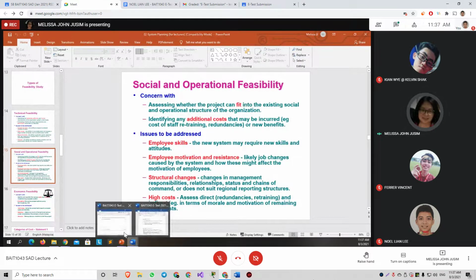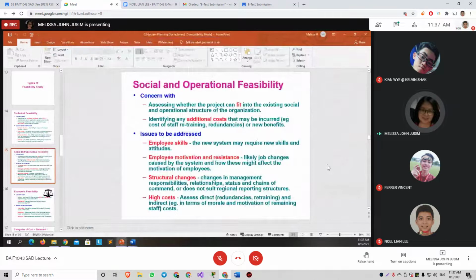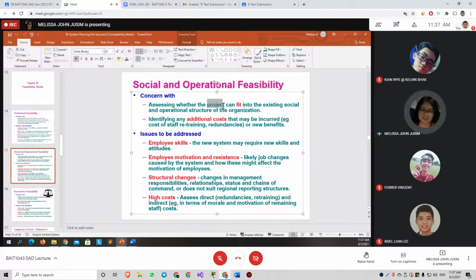And another one is the, what was it? Social feasibility. Social feasibility here, whether the project, and here you can replace the name as the new airline system, can fit into the existing social and operational structure of the airline company. Okay, as easy as that, you just need to replace the name, all right, and then rephrase it accordingly.